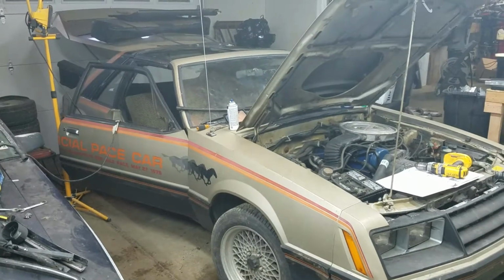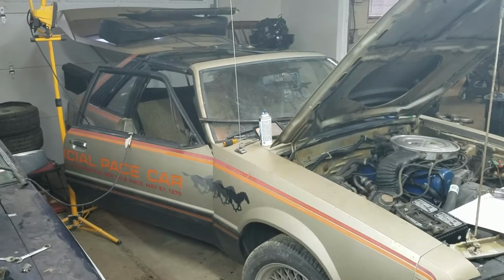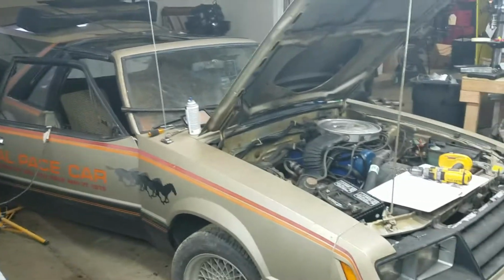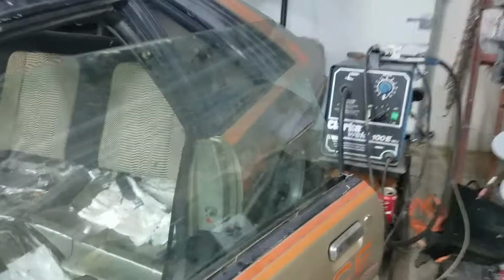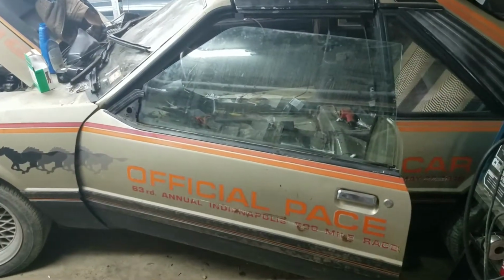All right, this is part 3 of the Fox Mustang T-Tap conversion. I'm going to tell you how to do the doors, and I've got one of them done. So I'll show you what I did. I pulled the guts out of a T-Tap door, and I pulled the glass out,